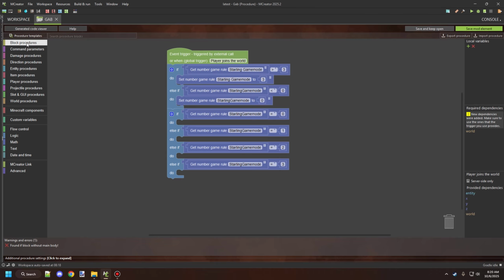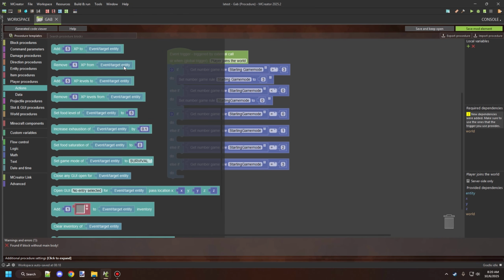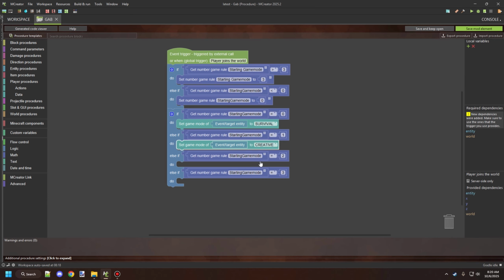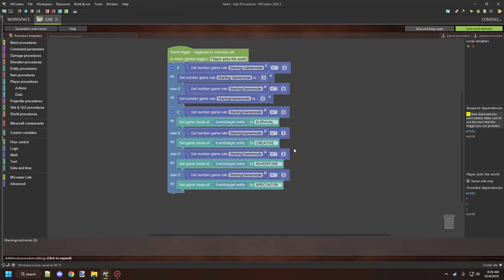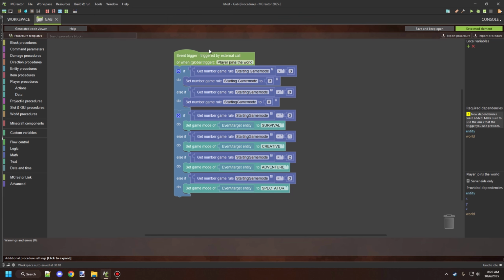So let's go ahead and go to player procedures, and then we can set the player game mode directly down here. Survival is 1, creative is 2, adventure is 3, and finally spectator is 4. So if we select spectator, it should be, or 3, pardon me, 2, 1, and 0. That's all we really need to do, and we're going to run this on a global trigger when the